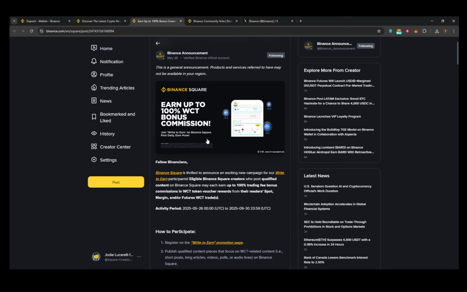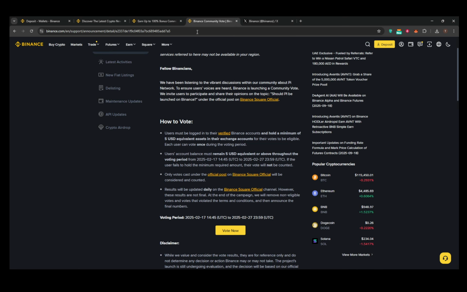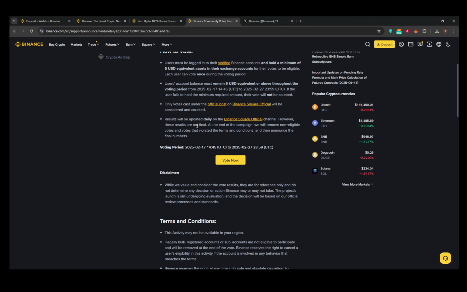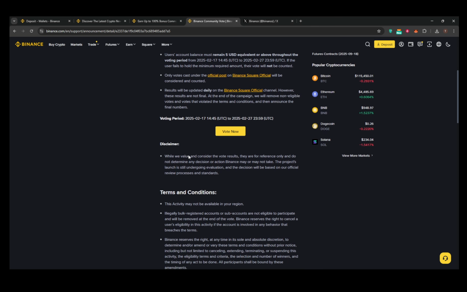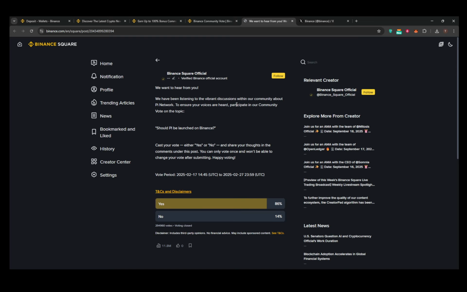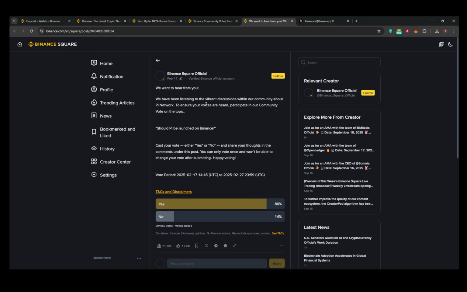Once you've located the official post, it's time to cast your vote. Within the post, you should see options available, typically something like yes or no for listing the Pi network. Carefully select the choice that aligns with your opinion. After casting your vote, be sure to submit it. Your vote is counted right at the point of submission, and do keep in mind that once submitted, votes generally